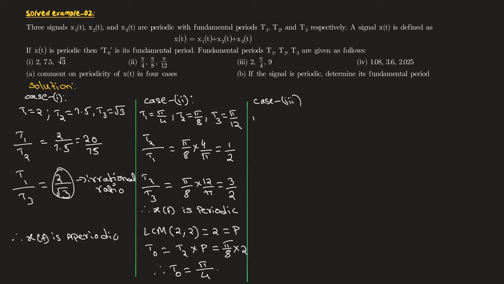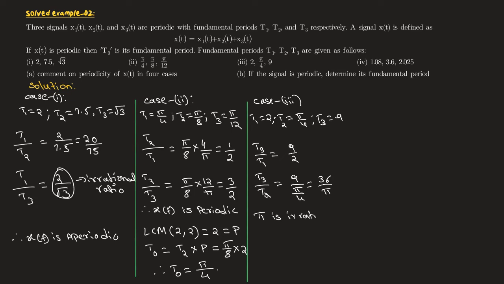Third case, the fundamental periods are defined as T1 is equal to 2, T2 is equal to pi by 4 and T3 is equal to 9. Again get the ratios. Here in this case I am taking T3 in the numerator. So obtain the ratios T3 by T1 and T3 by T2. T3 by T1 is equal to 9 by 2, which is rational. T3 by T2 is equal to 9 by pi by 4, that is equal to 36 by pi. A very important point here is pi is an irrational number. Pi should not be taken as 22 by 7. Pi is an irrational number. Therefore, the ratio T3 by T2 is irrational,